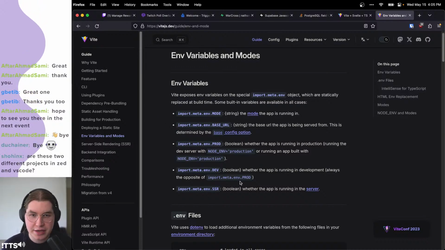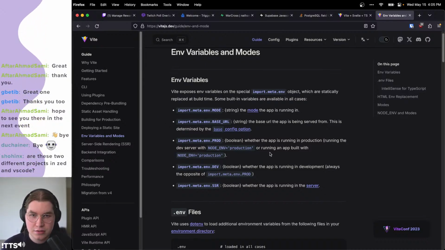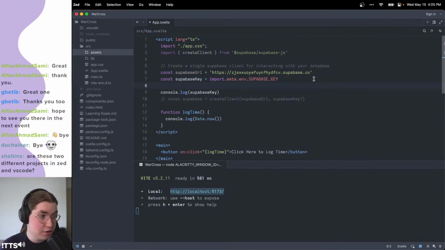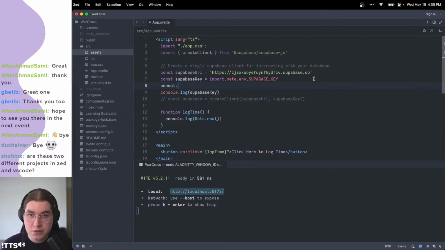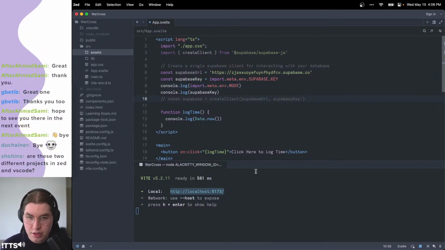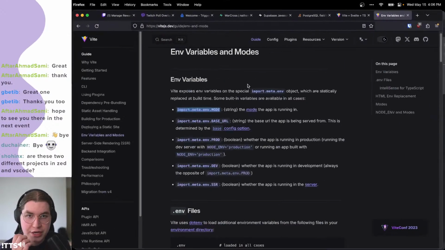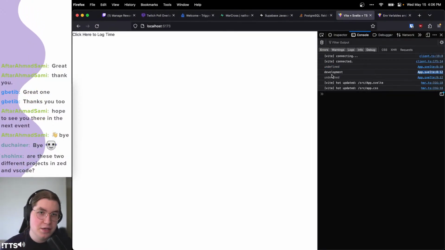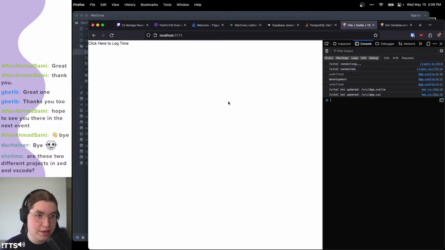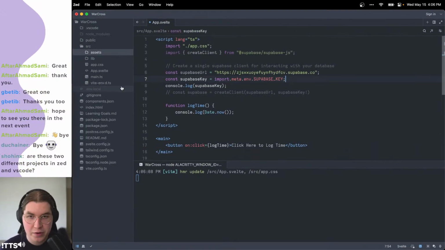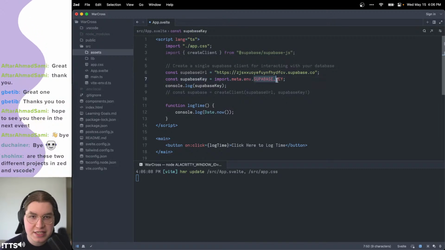So one of the things that I'm going to try here is console logging another key in console.log. There we go. And what this will allow us to do is check to make sure that we can read. Yeah, okay. So it says development there. It is reading correctly the variables. It is not like a Vite issue not reading any environment variables. It is just that it is not reading this specific environment variable,